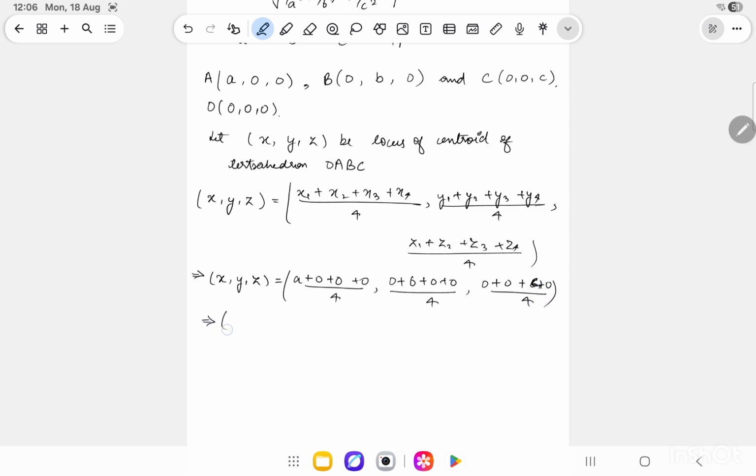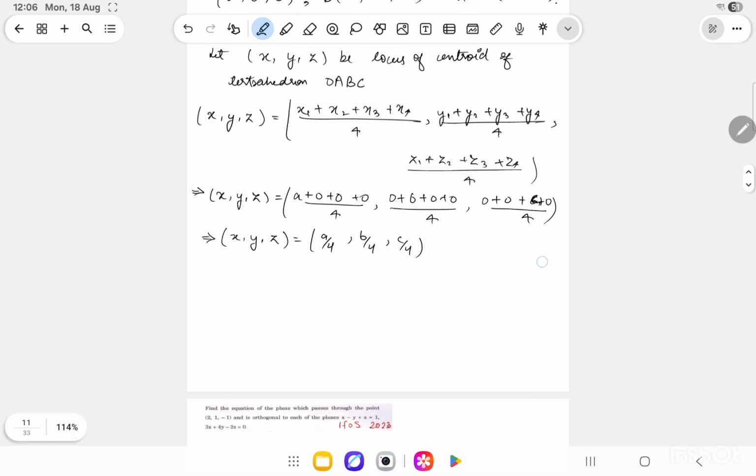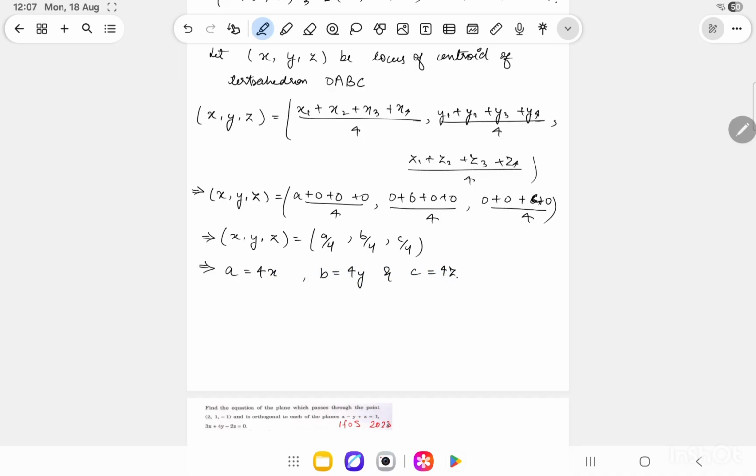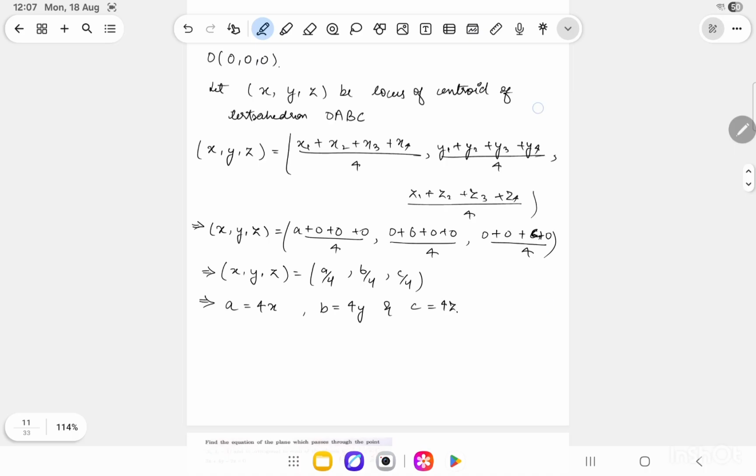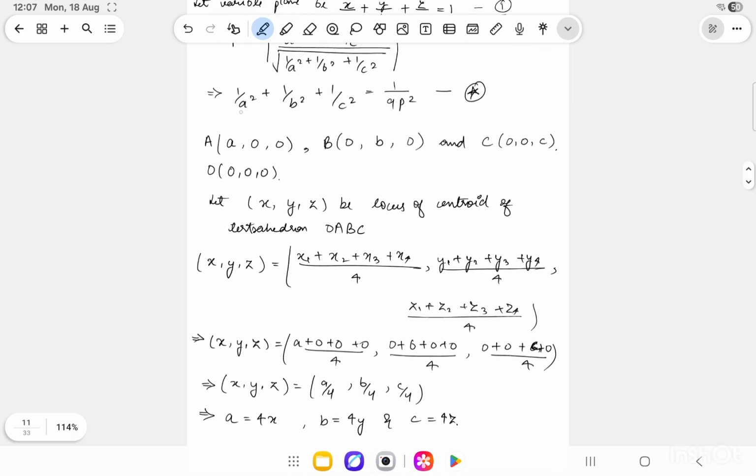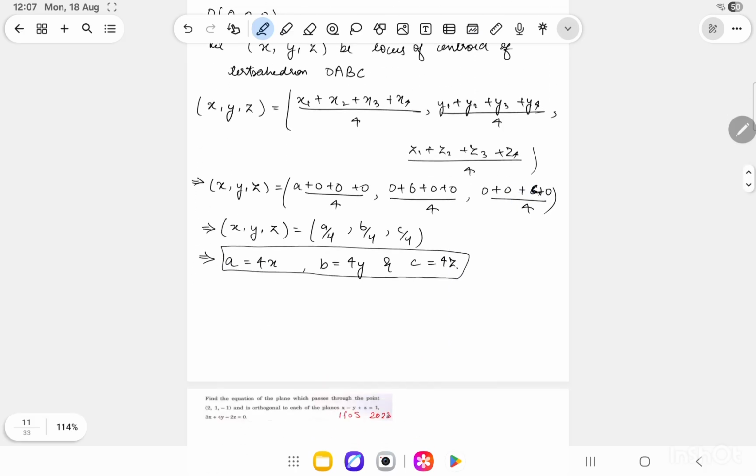On further simplifying it, we'll get x, y, z as a by 4, b by 4, c by 4. If I equate these, then I can easily get the value of a. So my a is equal to 4x, b is equal to 4y and c is equal to 4z. If I see that I have already calculated a relation between a square, b square, c square and p, so if I substitute the values of these a, b, c in equation star, I will get